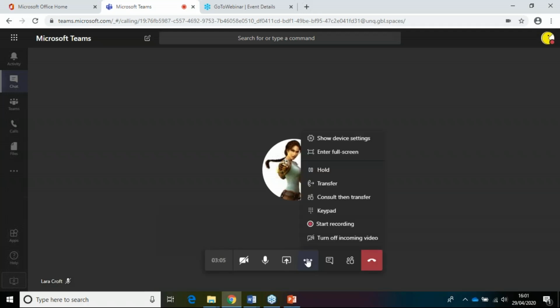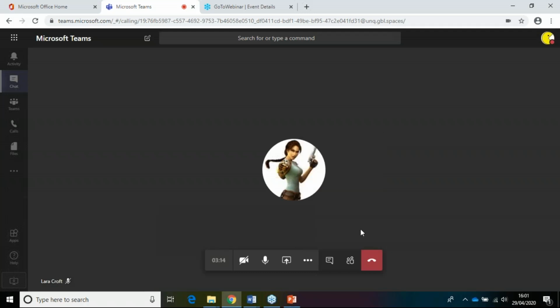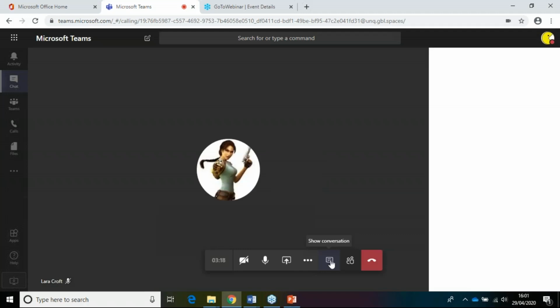Other actions that you have in here. You can enter full screen mode or have a look at your device settings if maybe you're having a problem with your screen. If there's something, maybe some facts and figures that you're giving during your call, you can show